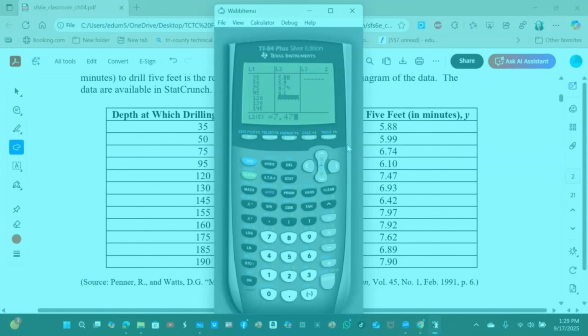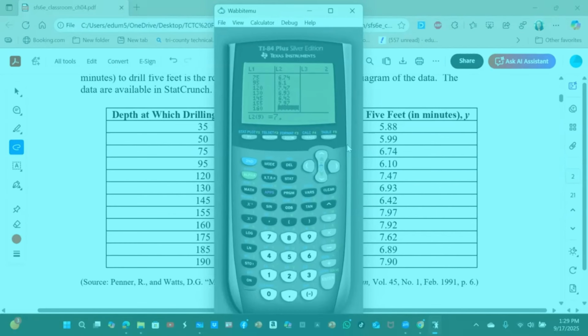7.47, enter. The next one is 6.93, enter. The next one is 6.42, enter. The next one is 7.97, enter. The next one is 7.92,